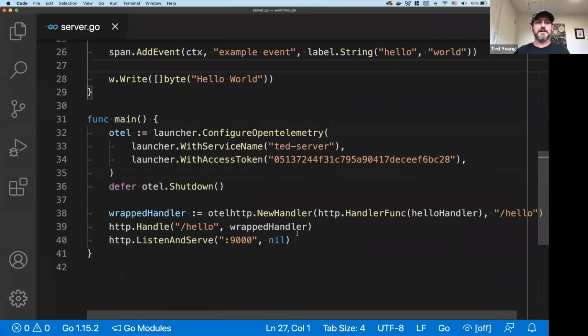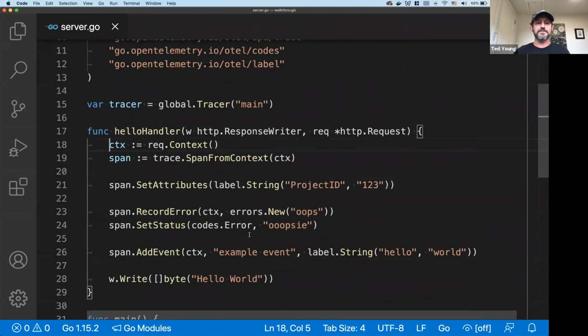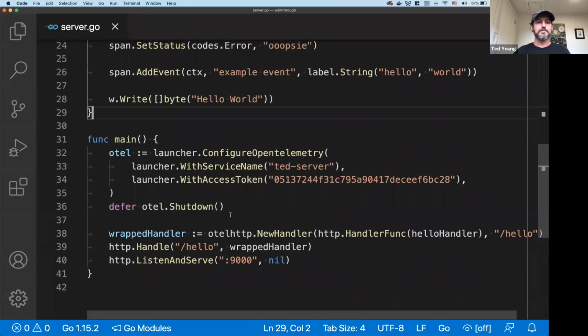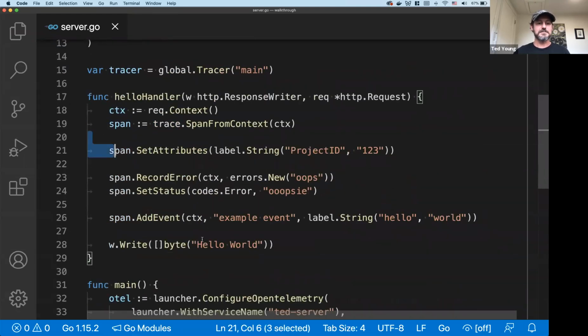Ways to actually make this API a little less verbose and have a little better hand feel for application code. For Go programmers on the call who are interested in that, I'm personally interested in it. So feel free to reach out to me directly if you have some ideas on how to slim down this API, say as a helper layer on top of it. But those are the basic span